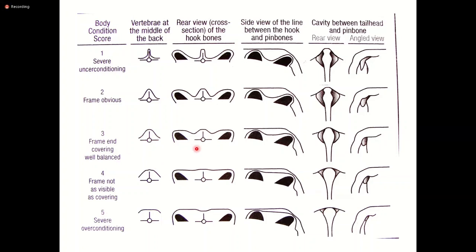So this is the back side of the bone, right? This is the hip bones. This is the side. Pin bones, the tail view, the side angle view. You can see it, right? So based on these factors, these observations,